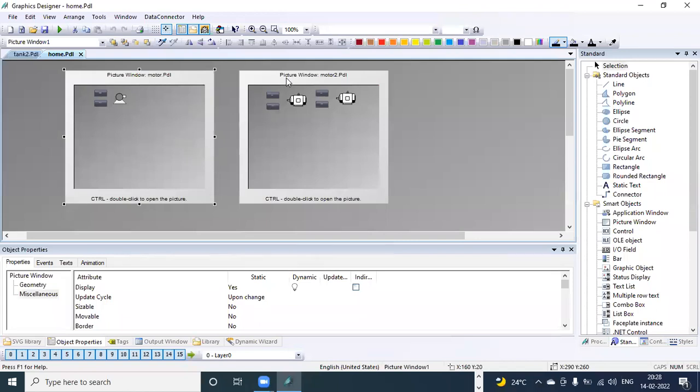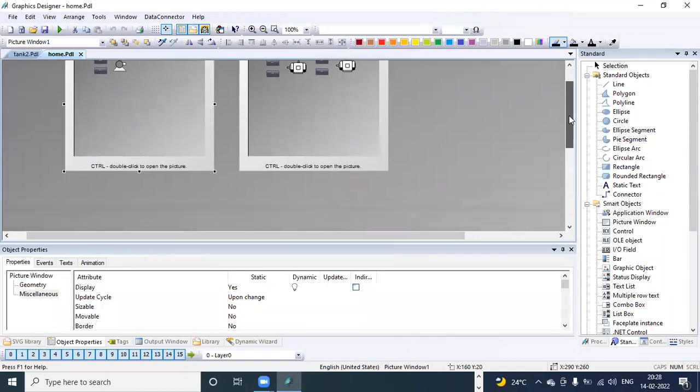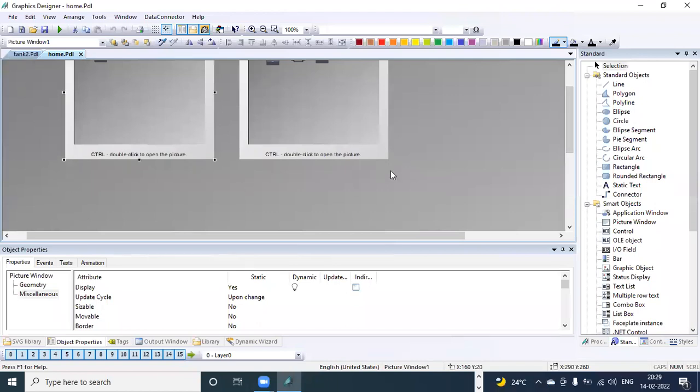I select the partition here. Means left to right it is 1366. From top to bottom, it is 768. So for our buttons, I will select the bottom size, say like 100. So if I minus 100 from 768, how much will be left? 668 will be left. So just move it down.